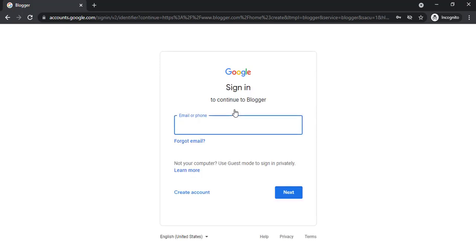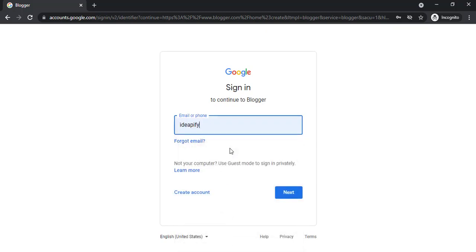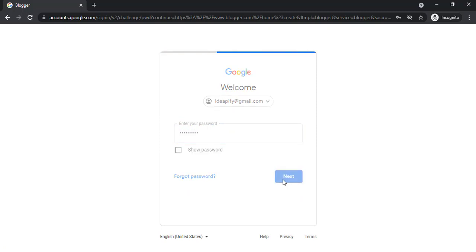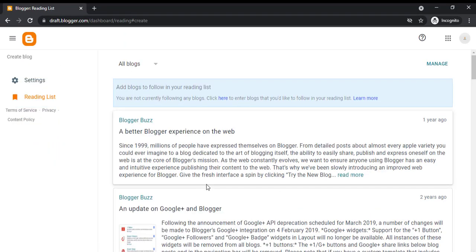Then in the next page, you'll need your Gmail account to open a blog on the Blogger platform. So if you don't have a Gmail account, create a Gmail account. You can click here, create an account. But I have a Gmail account, so I'm going to use mine. Alright, so in the next page, you click on